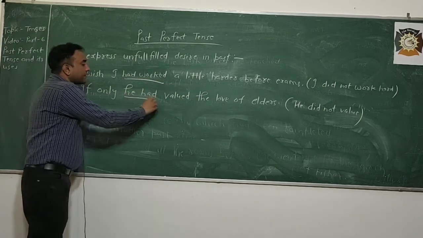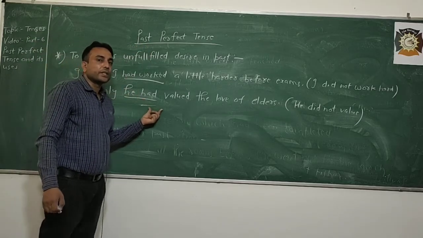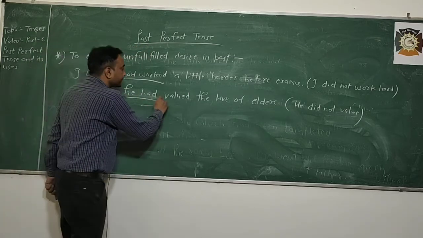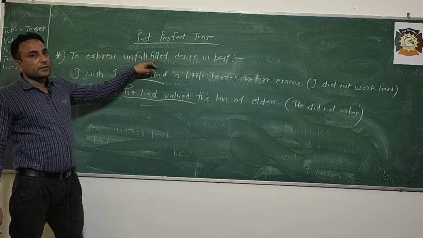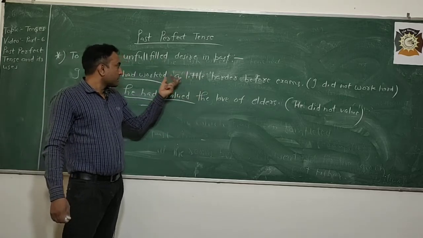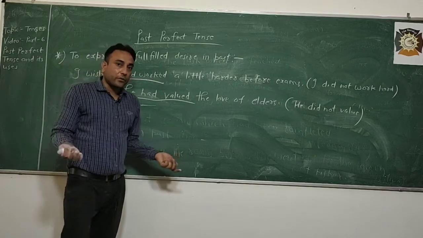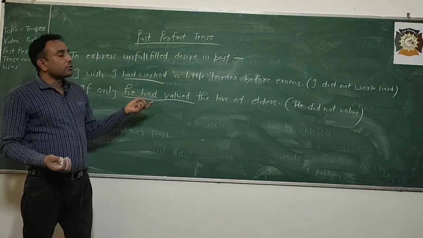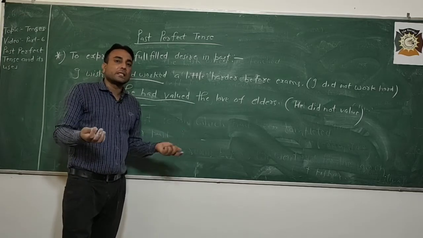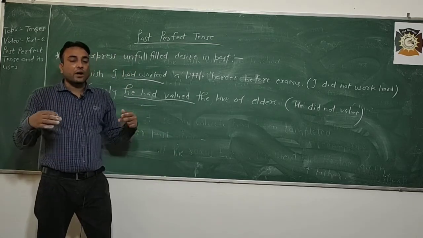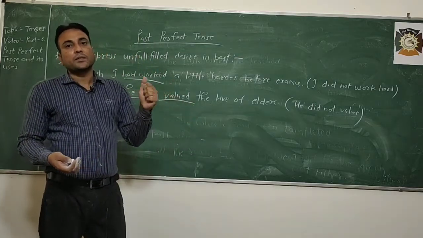So "he had" is the use of past perfect tense, subject plus had plus V3. And so unfulfilled desires means the wishes which have not been completed. So "little work harder": you should have worked a little harder before the exam, but you have not worked hard. And if he had valued the love of elders, but उसने कभी अपने से बड़ों के प्यार को कभी इंपॉर्टेंस दी ही नहीं. So these are your unfulfilled desires and you are thinking about them when the time has gone